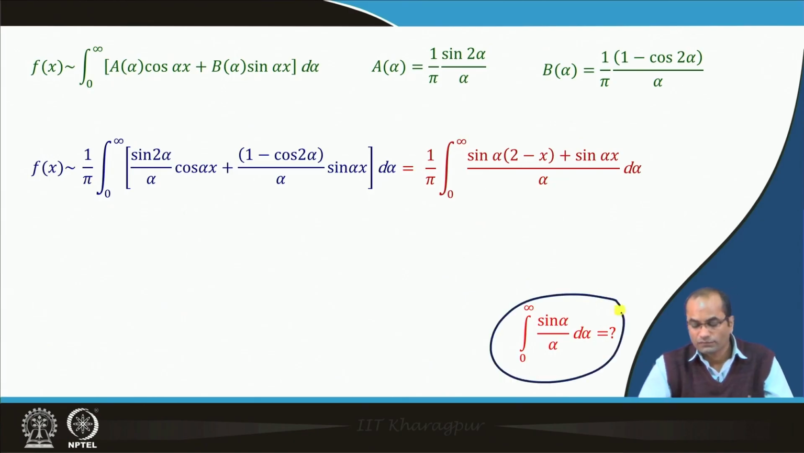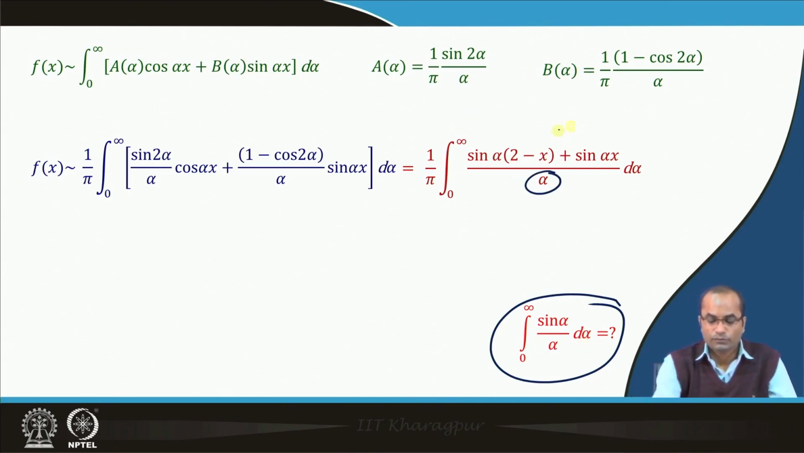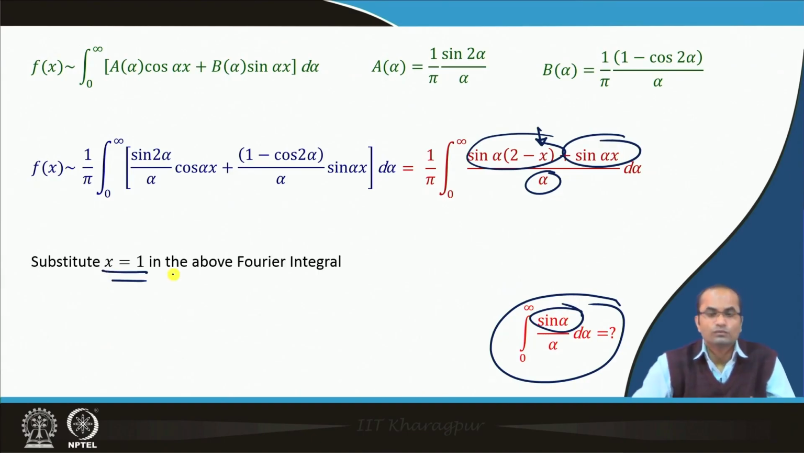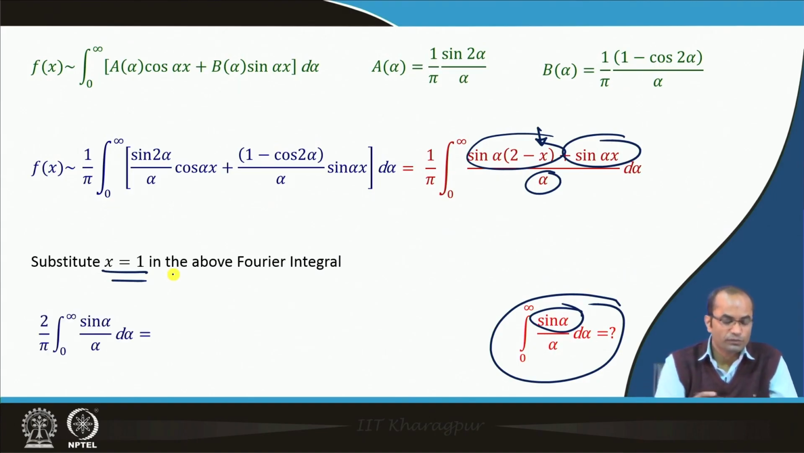And in the question, this was asked: what is the value of the integral of sin alpha over alpha d alpha? So, we have already here alpha, and if we put x is equal to 1, for instance, this will be sin alpha, this will be sin alpha. So, we can get this desired integral just by substituting x is equal to 1 in this above integral. So, if you put x is equal to 1, that will be 2 over pi and sin alpha over alpha d alpha,